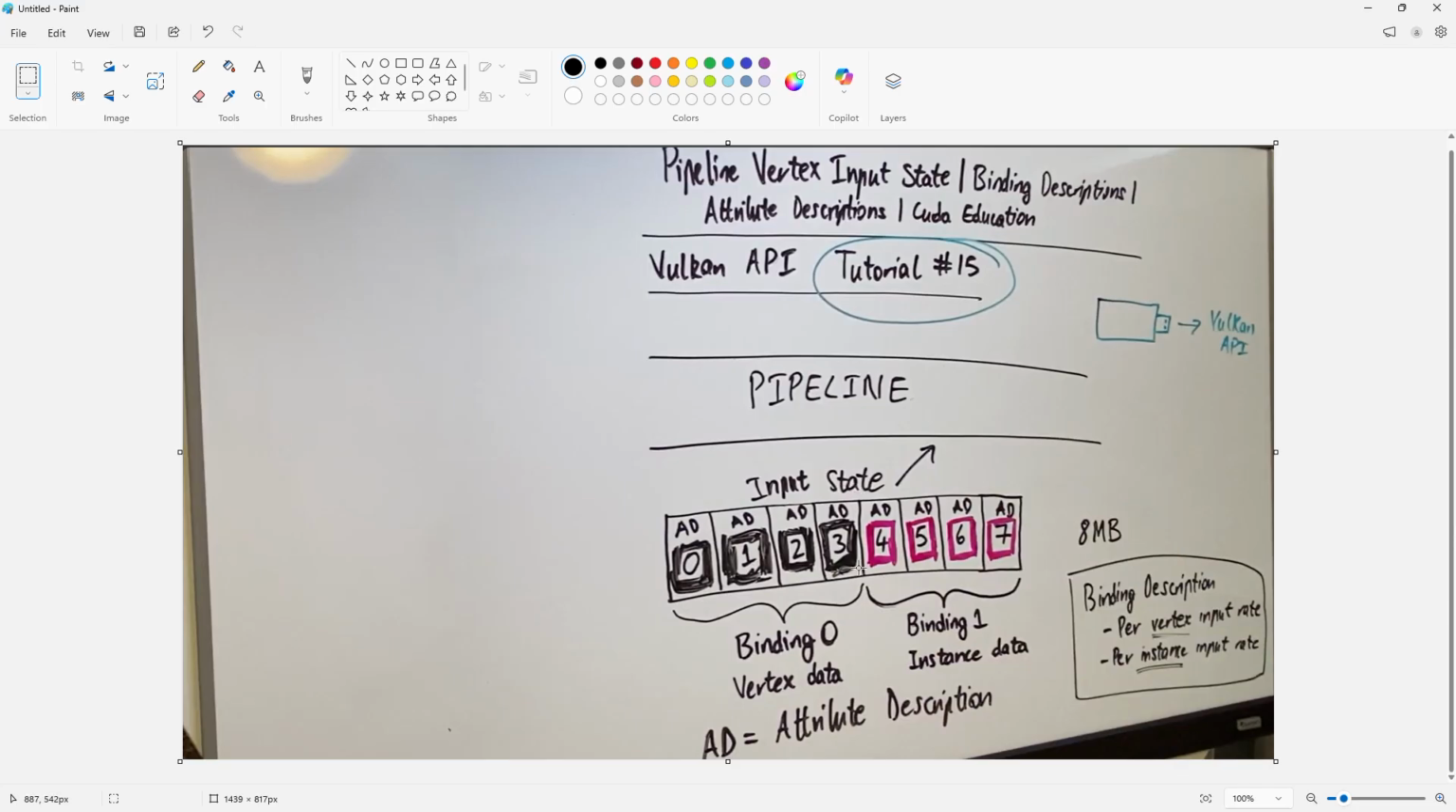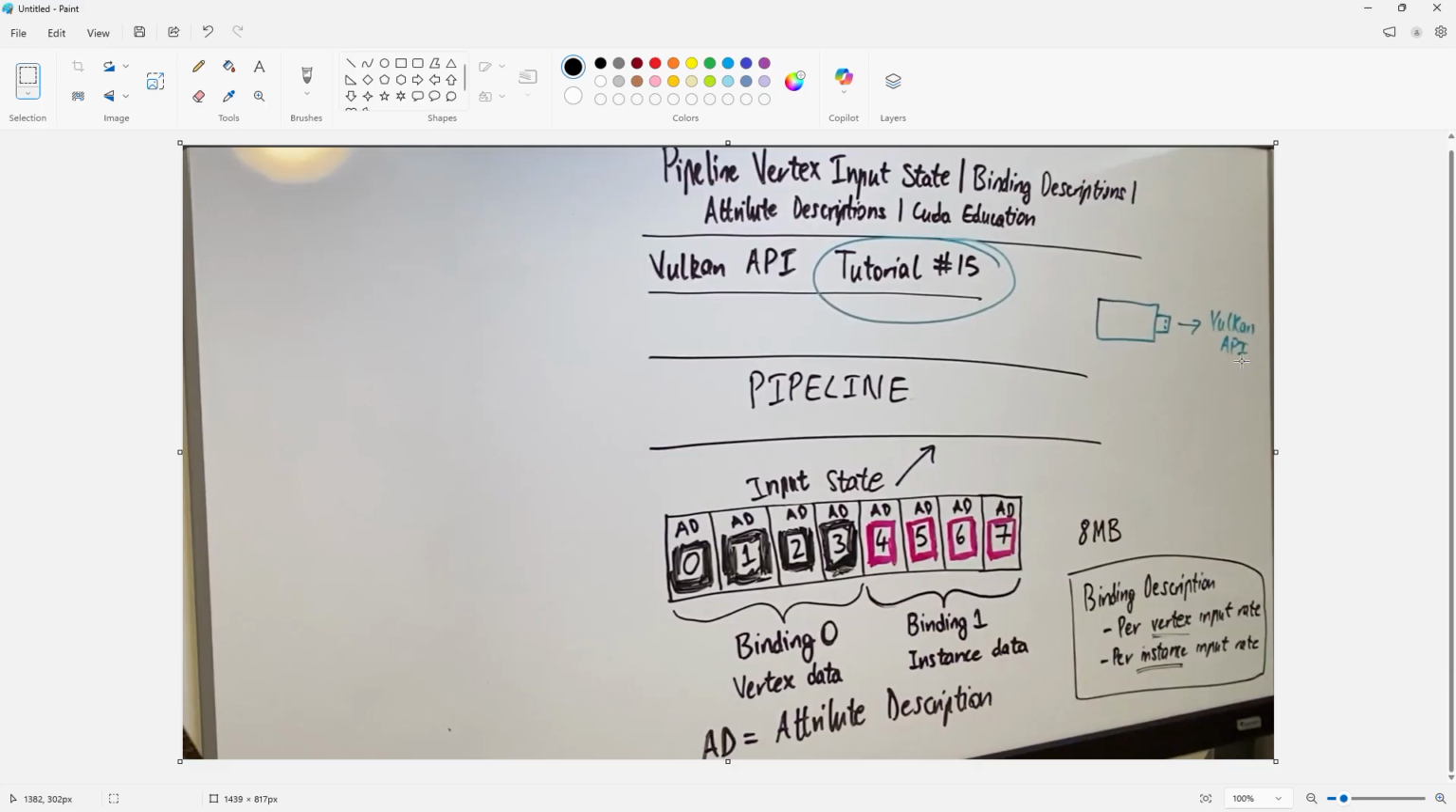We break up this 8 megabytes of data into bindings and attribute descriptions. So bindings kind of section off, it's like a high level section off of the data. And then attribute descriptions is the low level per megabyte individual description of the data. Okay? So in the example that we have here, we have